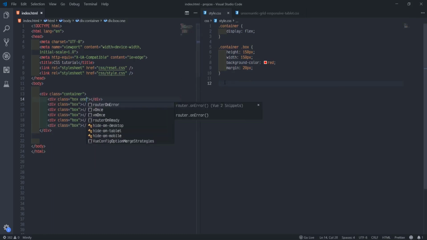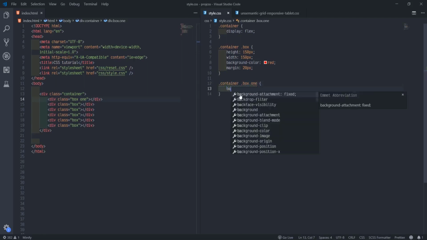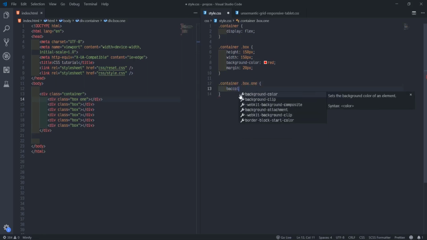So I will say dot container dot box dot 1. Then we give the background color to be green. You see it works like this.